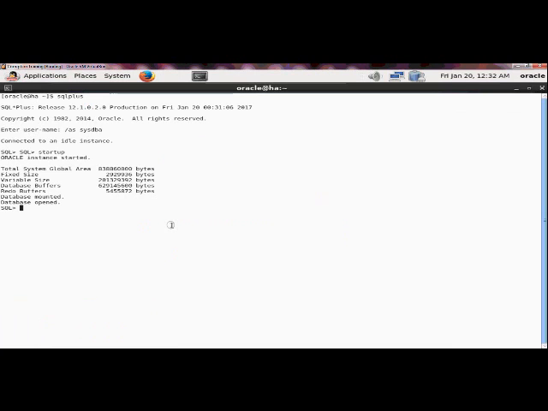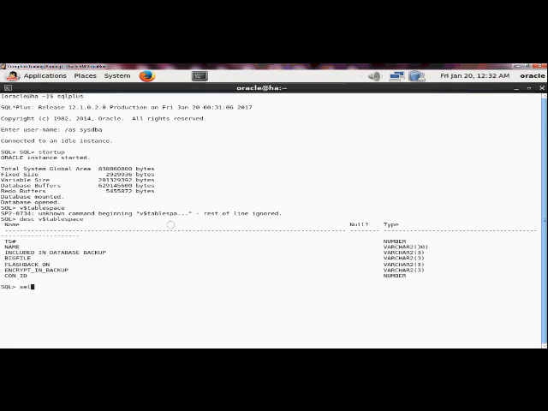Okay, so the database is open. To see how many tablespaces are in my database, we have a data dictionary view called V$TABLESPACE. Describe V$TABLESPACE.